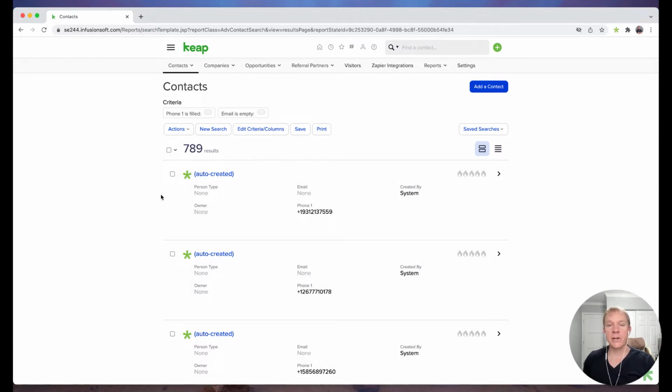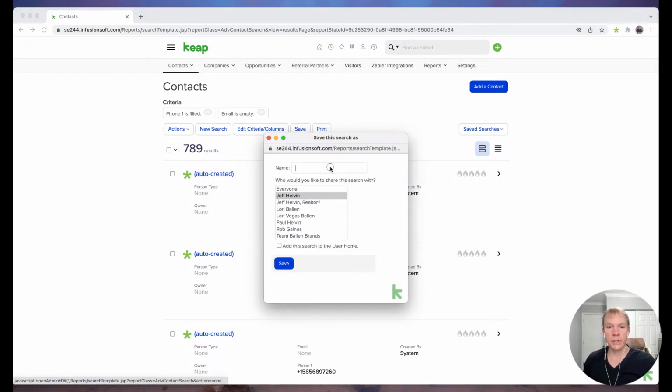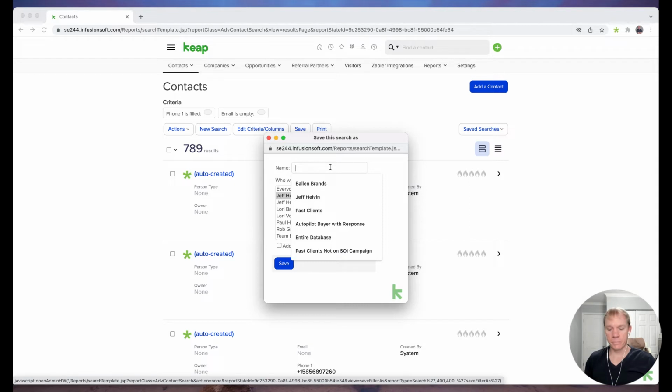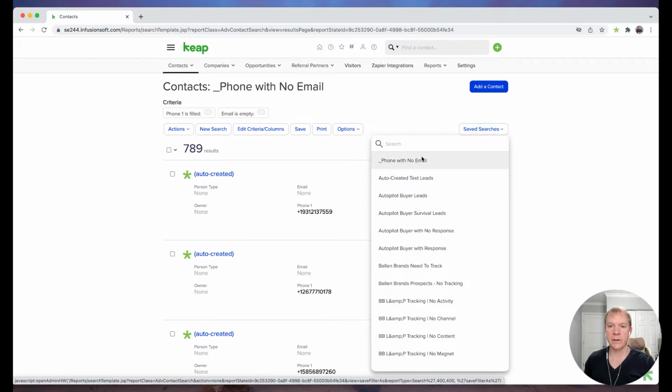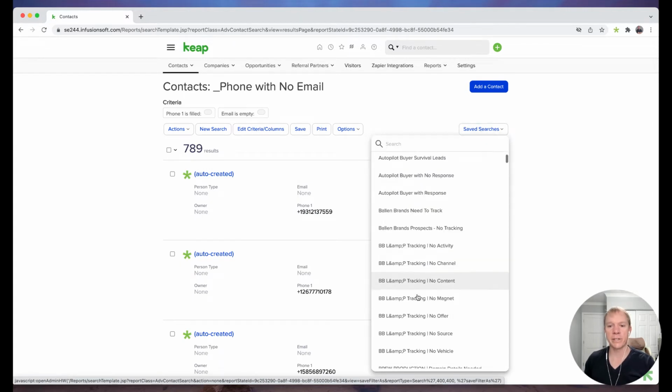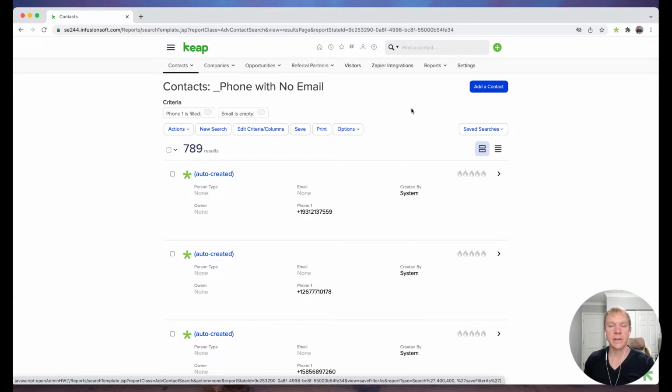Okay, so the first thing I'm going to do, after I've done this search, is click Save. So we'll say phone with no email. Okay, we're just going to call it that. All right, so I'm going to save that search. And I put that little underscore there just because I wanted it to show up at the top of my list, so it didn't get lost, because I have a lot of other lists in there. But basically, I'm just going to create that particular saved search